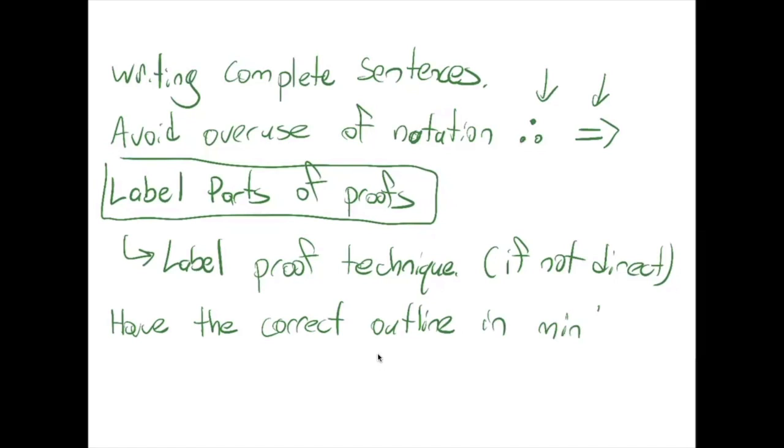When I start grading things, I look at what they are proving. They're proving the forward direction. What technique are they doing? They're doing it by this technique. So then in my mind, I think, what would the very first line of that proof need to be? And I check to make sure that you started things off reasonably. So when you're writing your proof,